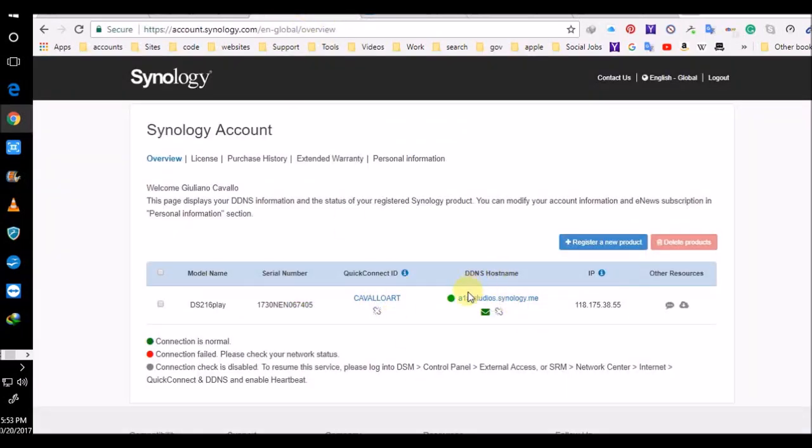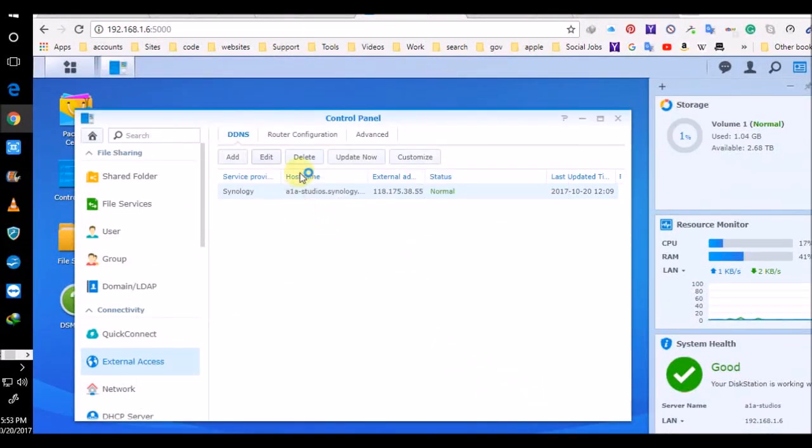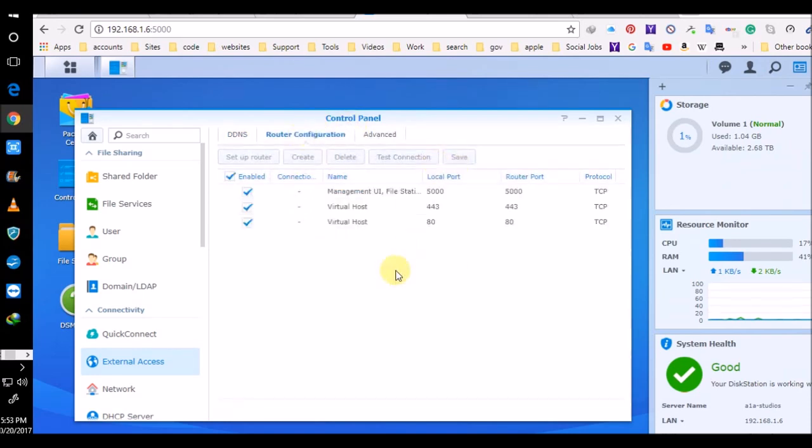So I have this router configuration. Here you need to have all these ports just like is here, enabled, and 5000 equals 5000, 443 equals 443, 80 equals 80. And I'll show you the,